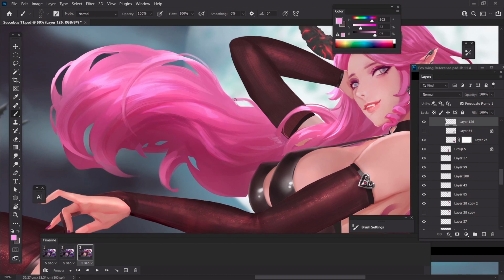At this point, we are probably 7 to 8 hours into the whole painting, excluding the thumbnailing part. And usually an artist would take about 10 to 12 hours to push it to even more detail than